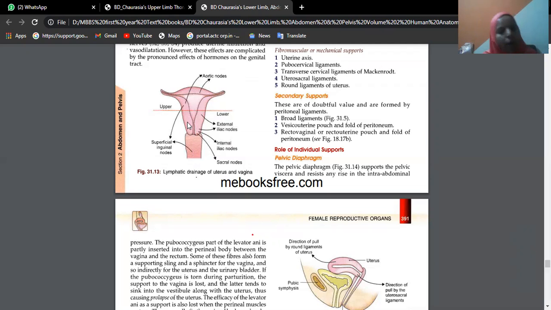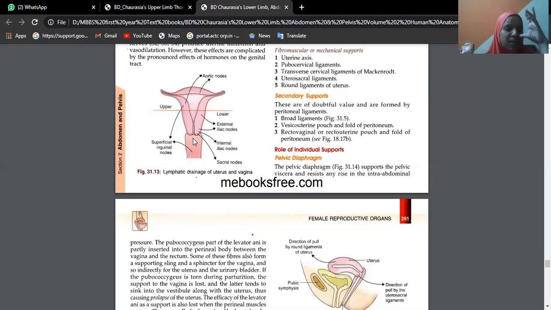The external os of the cervix becomes loose during pregnancy, and we can actually diagnose pregnancy by doing a per vaginal examination, checking the consistency of the cervix. If the consistency of the external os is becoming soft, then usually along with a urine test and other sonographic techniques, we can confirm the pregnancy. That is one mode of diagnosing, the most classical method, checking for the softening of the cervix.